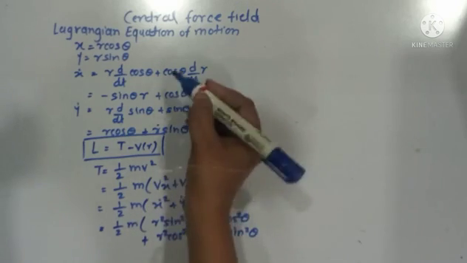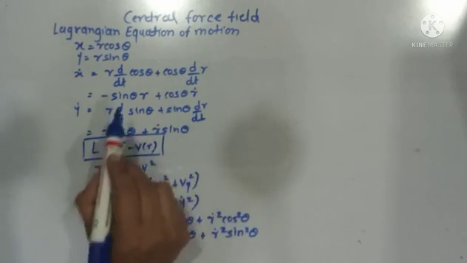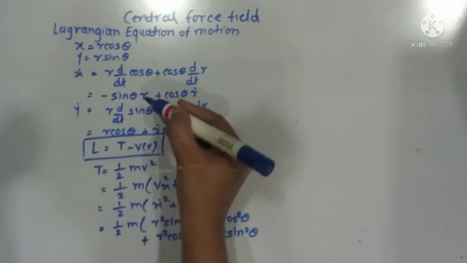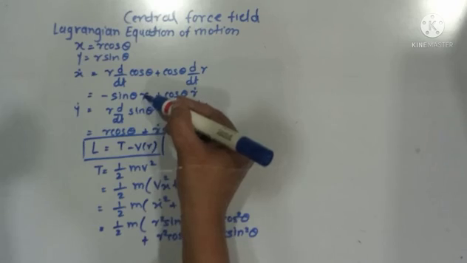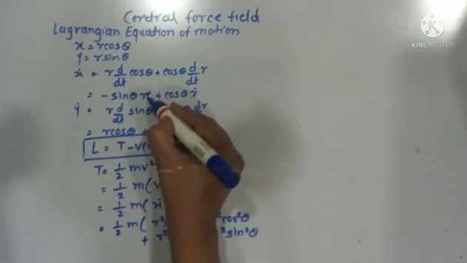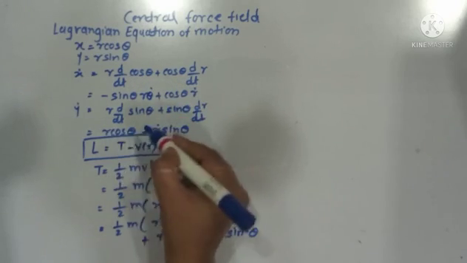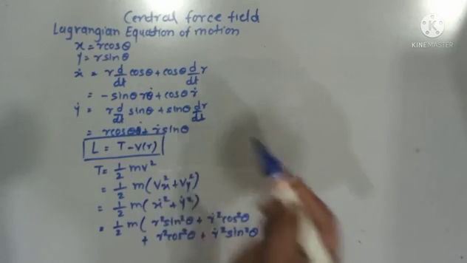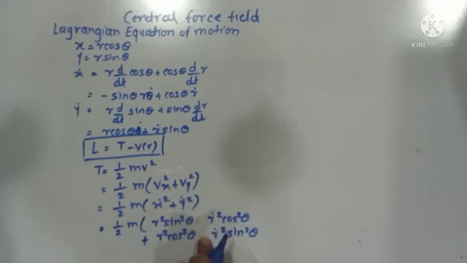Here one term remains, the cross terms with sin theta and cos theta, and here theta dot and theta dot will also come. So I can write it here as m r square theta dot square